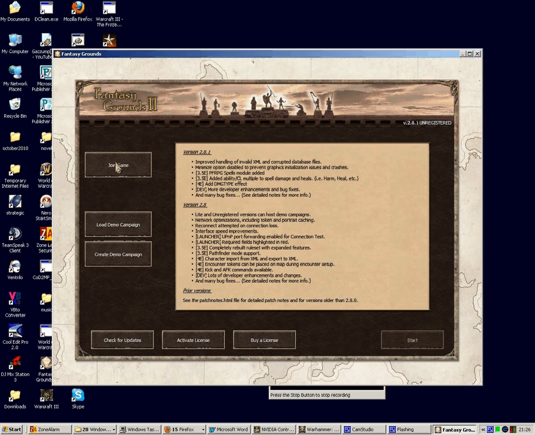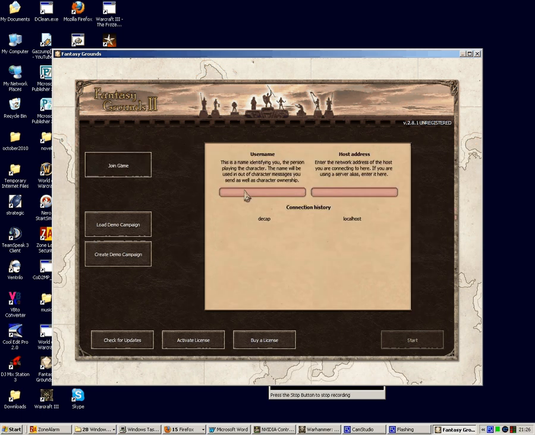You would join the game, type in your name, and then you type in the password or host address that your GM or Dungeon Master, Games Master has given you, and that will allow you to connect to his server so you can all join the same desktop. And if you're the GM or you're the host, you load the campaign,